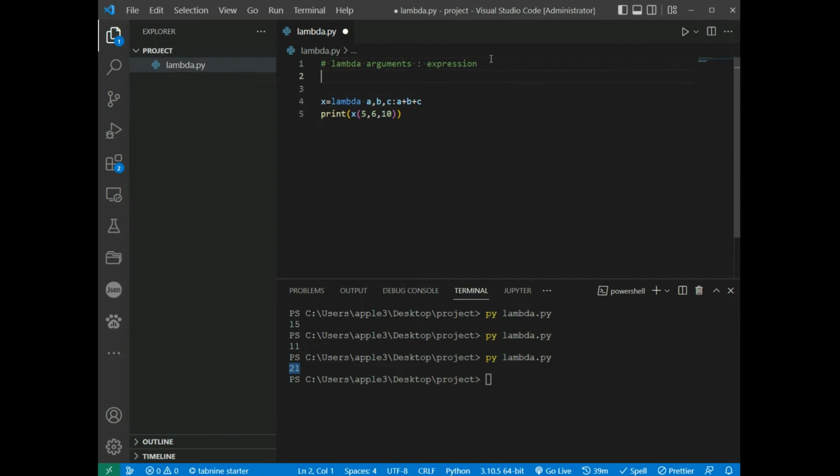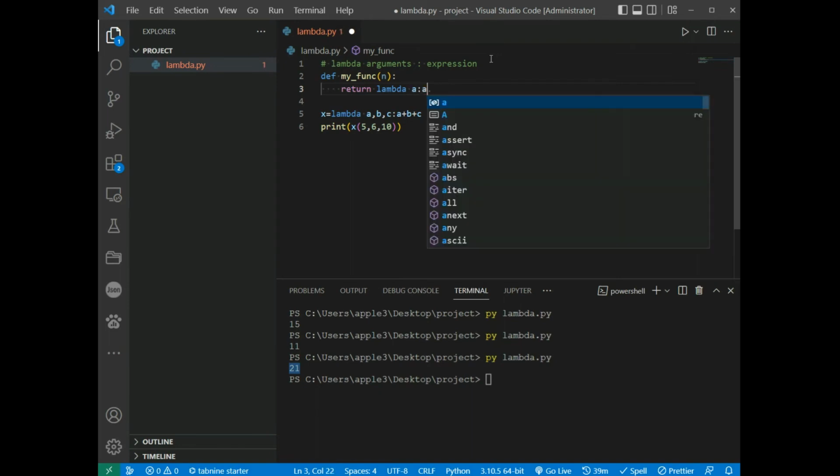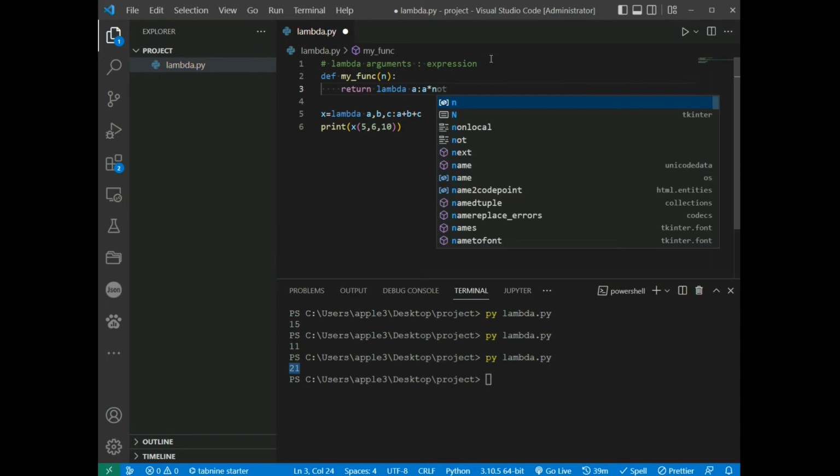Define a function def myfunc, and get n as a number and return a lambda a as argument and a multiply n, and use this function definition to make a function that always doubles the number you send in. So